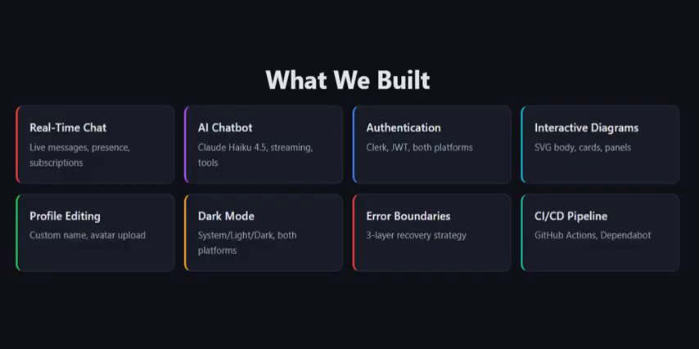Now, a template is only useful if it's real, and by real, I mean it includes features that actual production apps need. So here's what's in the box. 8 features, fully implemented on both platforms: real-time chat with live messages and emoji reactions, an AI chatbot powered by Claude Haiku 4.5 with streaming responses, full authentication with Clerk, sign up, sign in, protected routes, interactive diagrams, user profiles